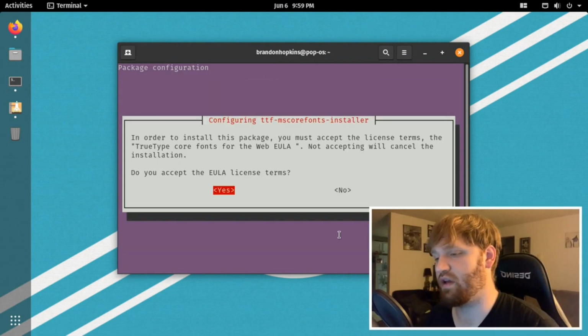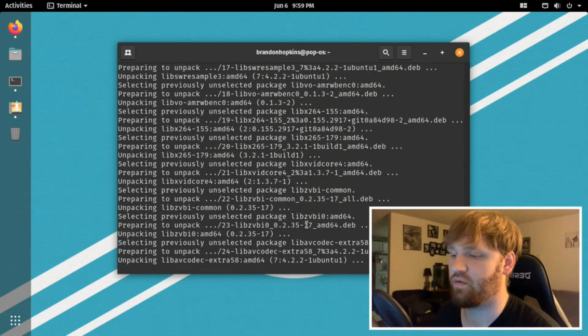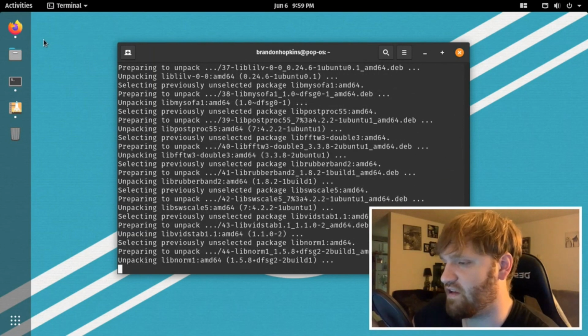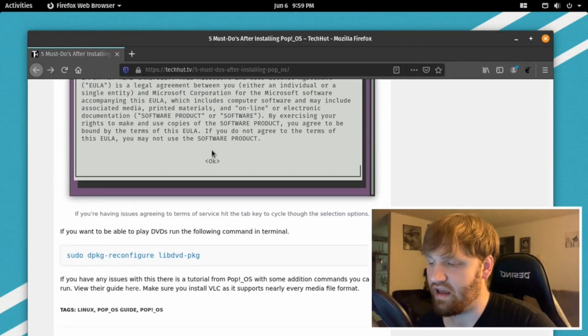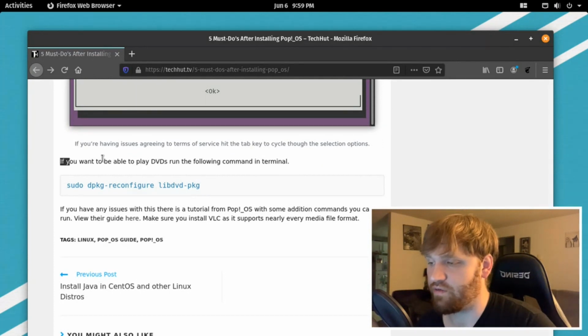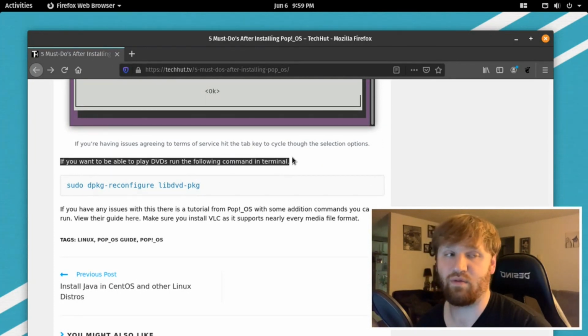Pop! OS is also great if you tend on using your Linux machine for gaming. Linus Tech Tips has a whole video on Linux gaming, and in their video, they went with Pop! OS as the base to prove that Linux gaming is great, if not better than Windows.